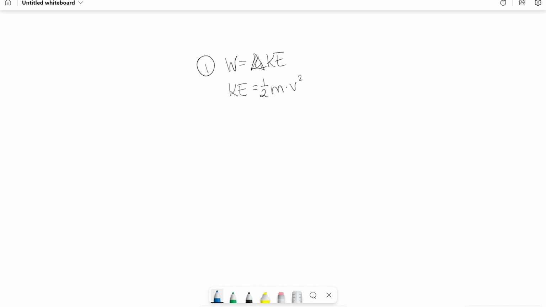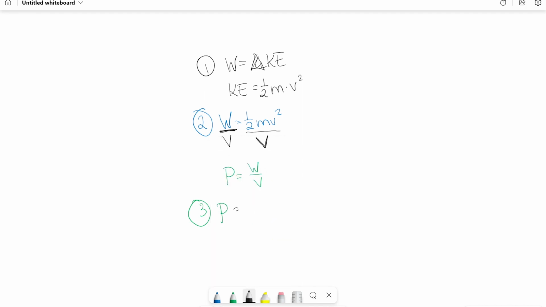Instead of saying that work is equal to kinetic energy or kinetic energy is equal to 1/2 mv squared, we could also say that work is equal to 1/2 mv squared. Now, if we divide both of these by the volume in which the work is being done, then work over volume, we know that pressure is equal to work over volume. So instead of saying work over volume, we could then say pressure